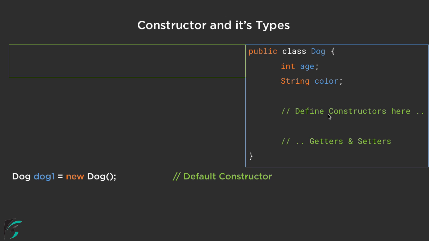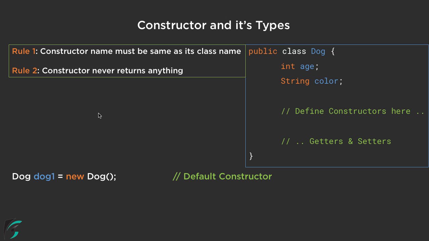Now how does a constructor look like and how can we define it? We will check it out in our next slide. So first of all, let us check out the rules. The name of the constructor should always match the class name. That is, here this constructor Dog is exactly the same as the name of this class Dog, here as well, and here as well we have Dog.